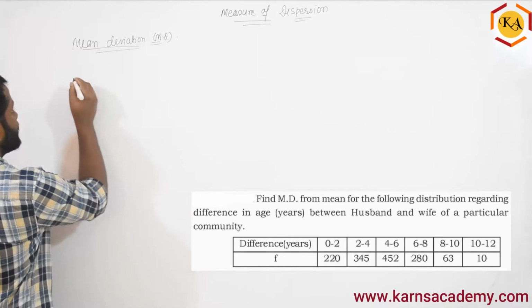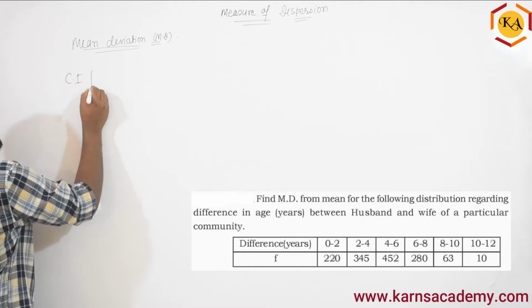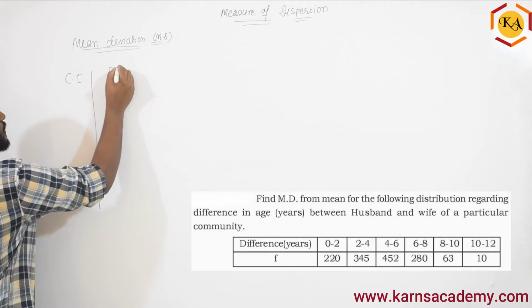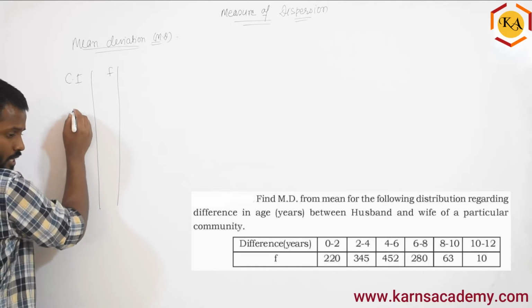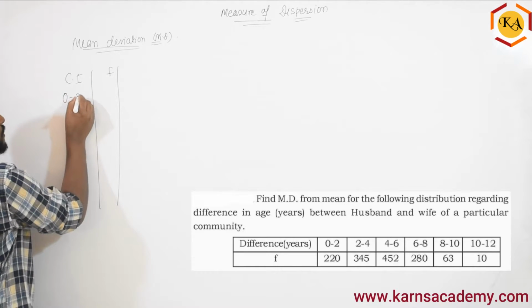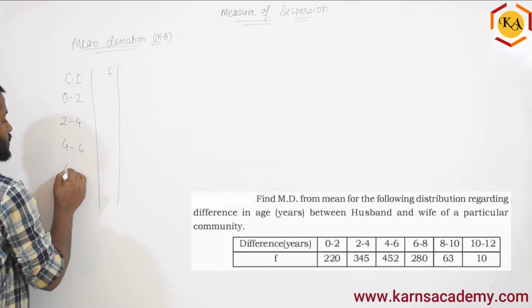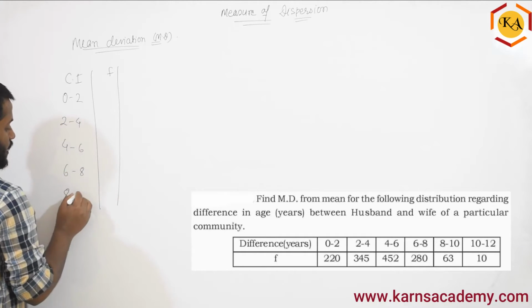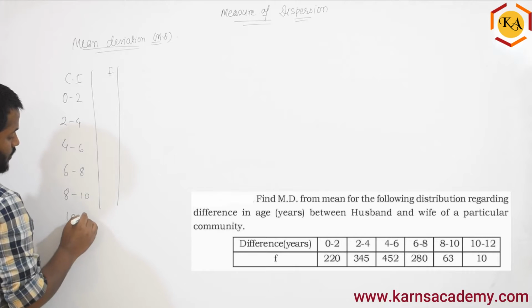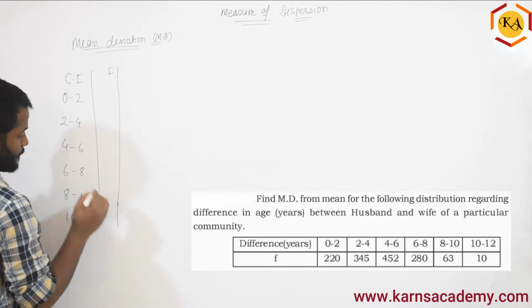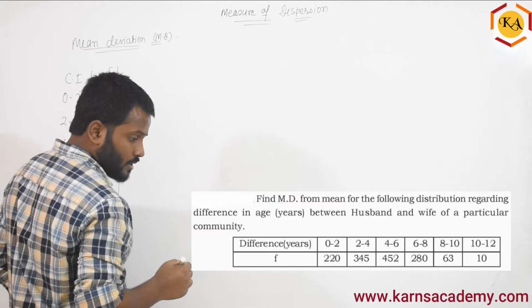So the data they have given is the class interval and the frequency, right? So class interval is 0 to 2, 2 to 4, 4 to 6, 6 to 8, 8 to 10, 10 to 12. Okay, and the frequency they have given is